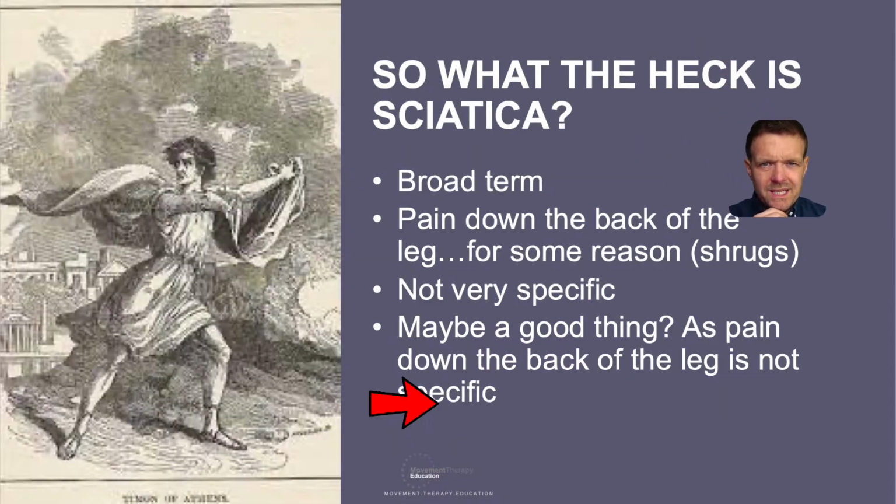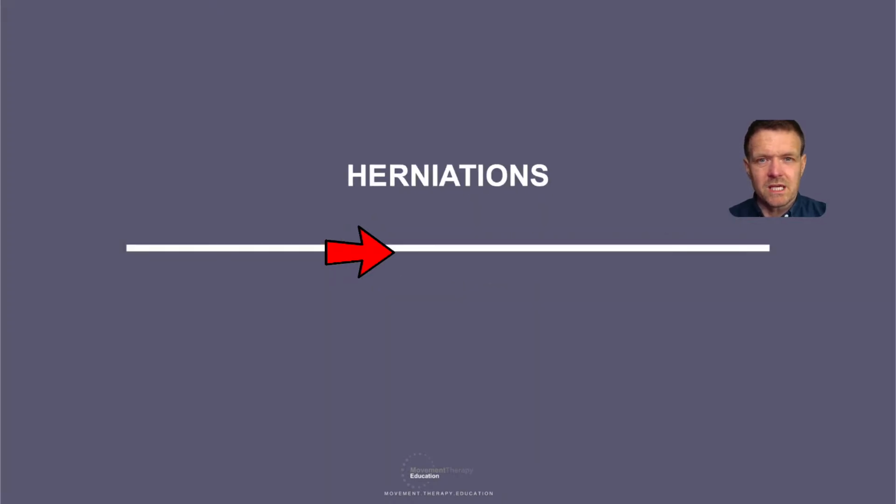Cool. Okay, so like we say, sciatica is a broad term. It means pain down the back of the leg for some reason. It's not very specific, but then maybe that is a good thing, because pain down the back of the leg isn't specific. So is it useful? Is it not? It depends, I guess. It depends on the person and what kind of information they feel they need, because some people really like to know specifically what the problem is, but sometimes it's just not that simple to give them an answer. So we're going to talk a little bit about what can cause these nerve root compressions and or irritations,